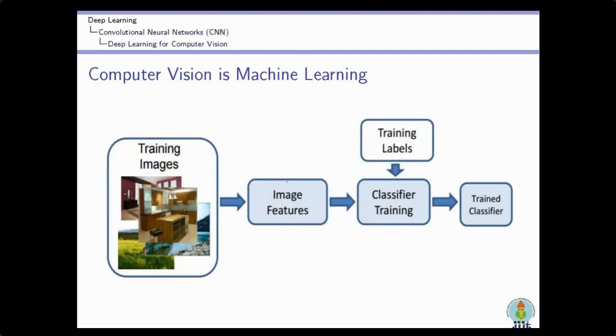So how does a traditional machine learning system work? First, they take the training input samples. We have a set of input samples. I have some problem, and for that problem I should have a training sample. From these training samples, I have to train my classifier. For the training, I need two things. First is the input sample values. Second is the training labels. Every input is labeled with some output, meaning the classes. If there are four classes, every image belongs to one of the classes, and so on. So I should have the training labels and the input set of images. Now I have to train my classifier.